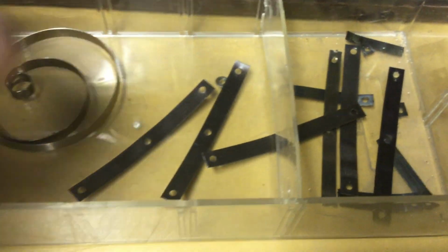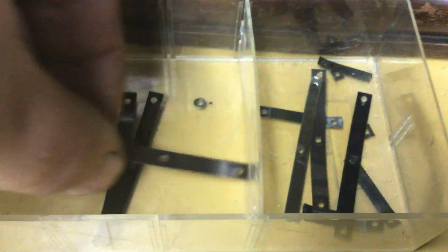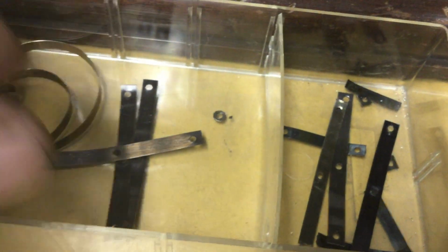and as you can see, I've made some more springs. Here, I actually accidentally made 4 of these, but there's 3 that look pretty matched as far as the curve on them. And so, if we look here,